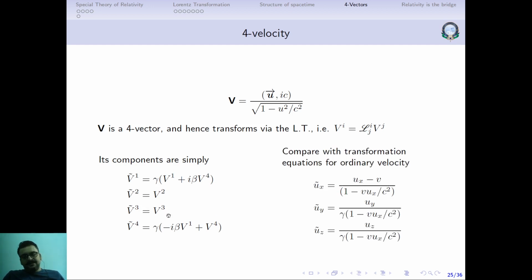Now compare that with something that you had probably done in your undergraduate, velocity transformation equations from one frame to another frame. Look how complicated these are and how simple and elegant this is. So this is an advantage of using 4 velocity instead of ordinary velocity. Again, in 4 velocity, the way we have defined it, in the numerator we have the change in the observed coordinates, and in the denominator we have the proper time interval, right?